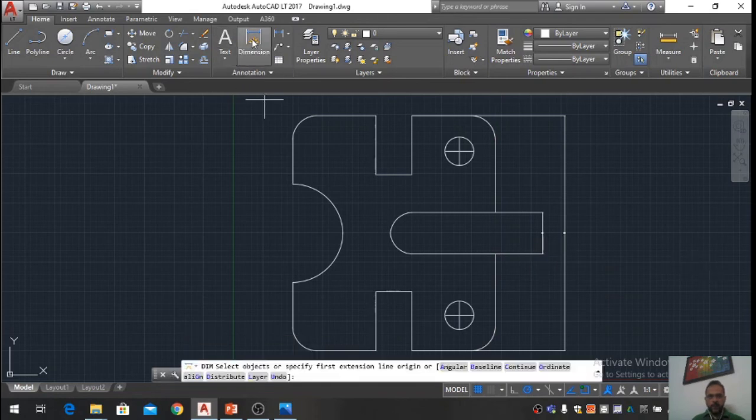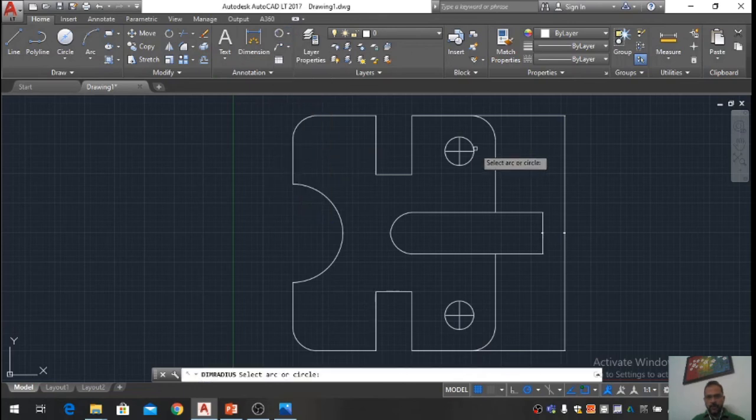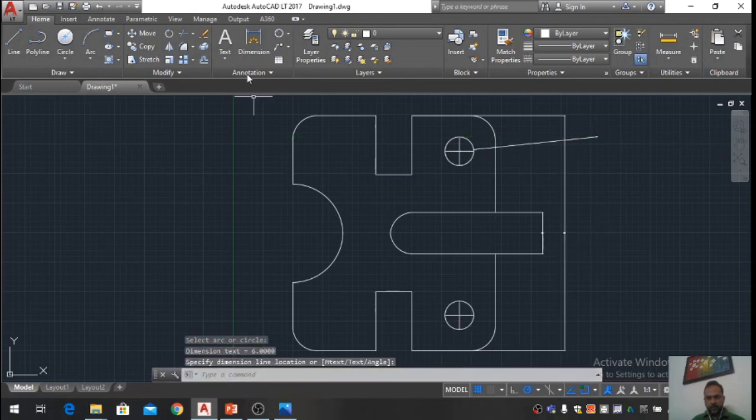And for dimensioning these radius and diameters, we will choose radius and we will choose this one, and it will show like this. But it is not visible.